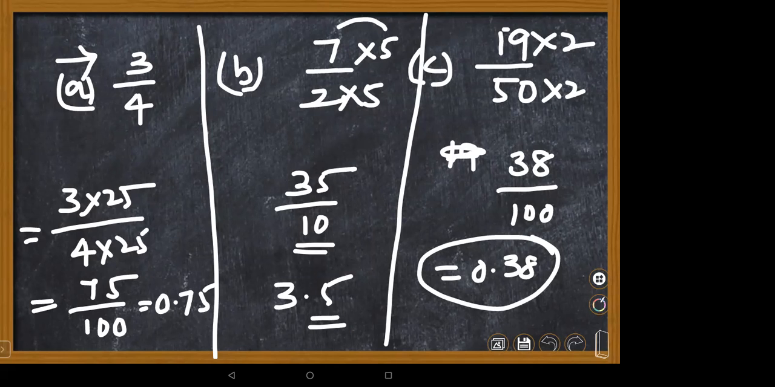Convert the following. This is very important, children. Why I'm going a little slow is that this chapter is very important. This is a basic chapter for your senior classes too. Now, suppose this is an easy case, and you are doing different questions, something like convert 3 by 8 into